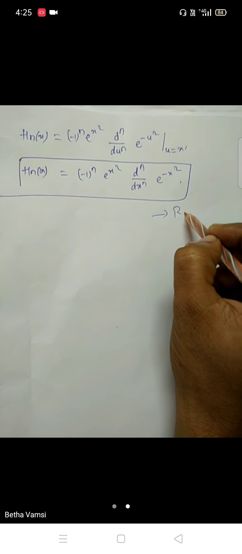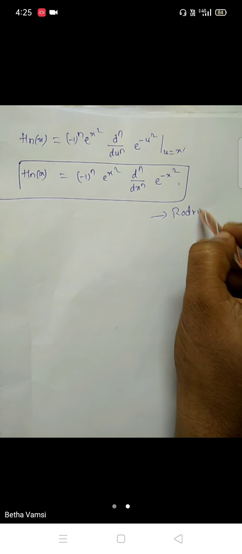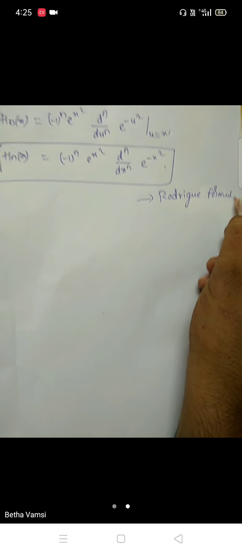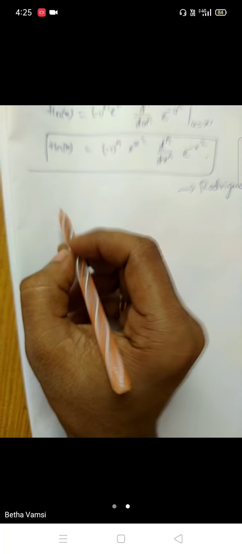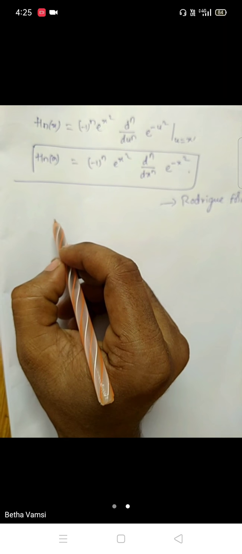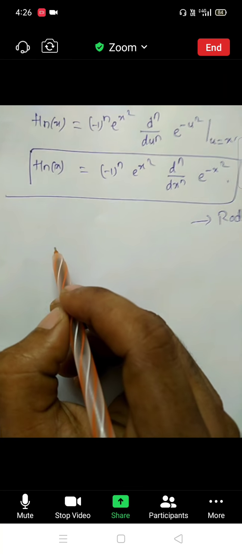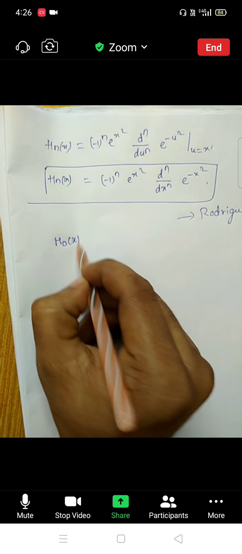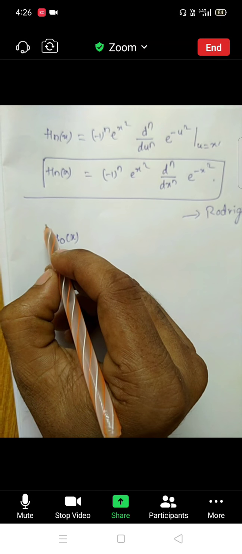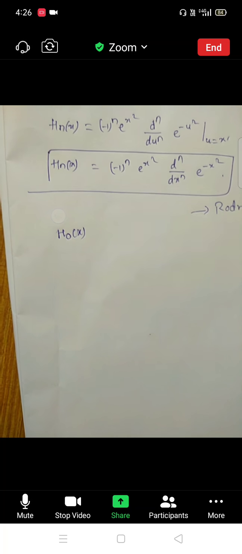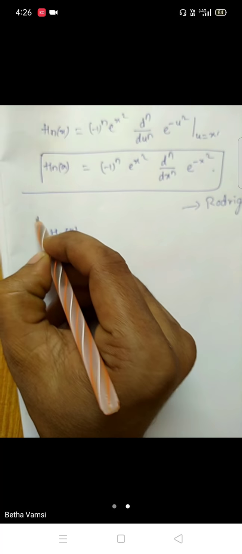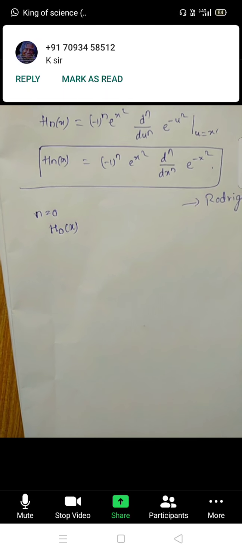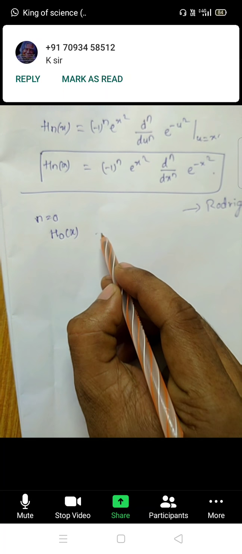This is the Rodrigues formula. Yesterday we derived it. So let's find out the value of h naught of x. Put n is equal to 0. Then